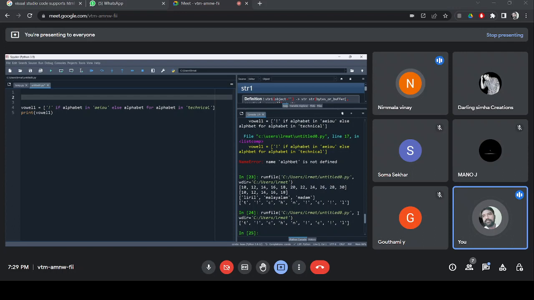When you put the if else statement first, the for loop takes precedence. The for loop will extract one by one character, T, E, C, H, every character, and assign it to alphabet. The if statement checks whether the alphabet is in the string A, E, I, O, U, and if so, just prints the exclamatory mark. If it is not,